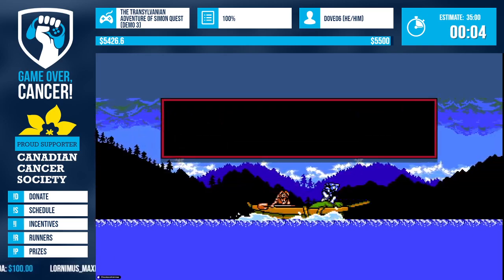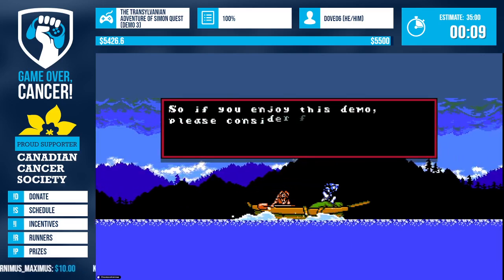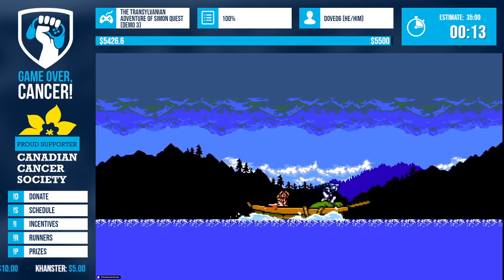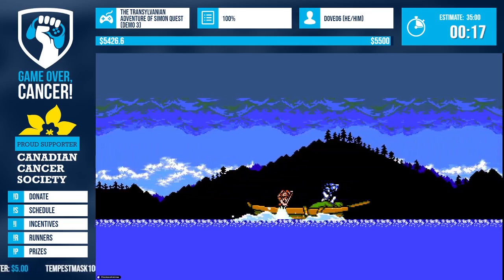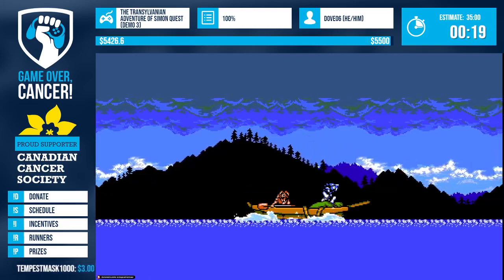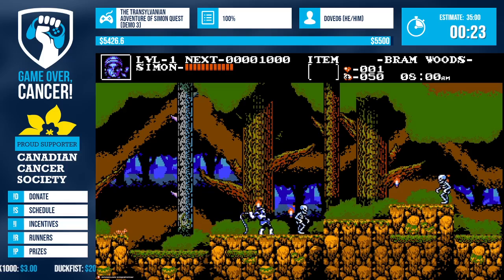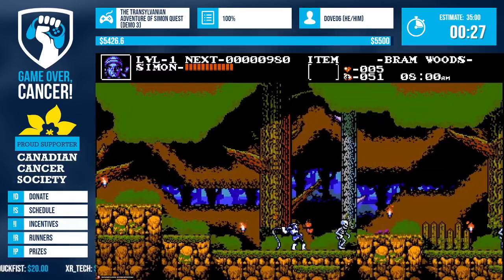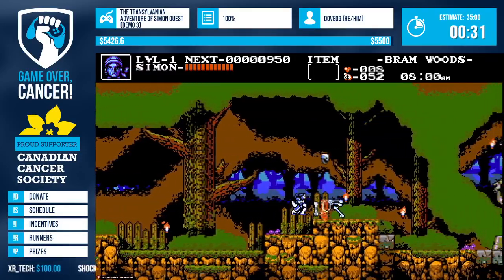So the opening has a little bit of text and everything talking about Programmancer trying to raise money for getting one of the music producers, I guess, from the earlier Castlevania games to help out with some composing. So anyway, this is gonna start the game,